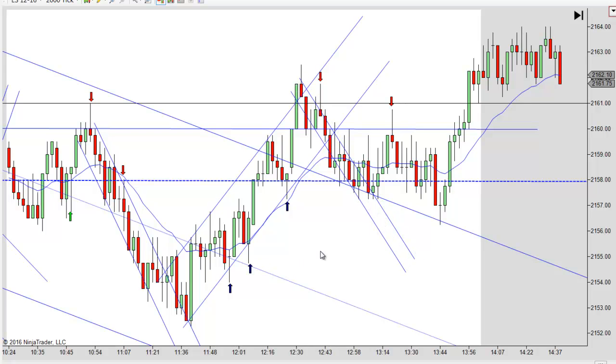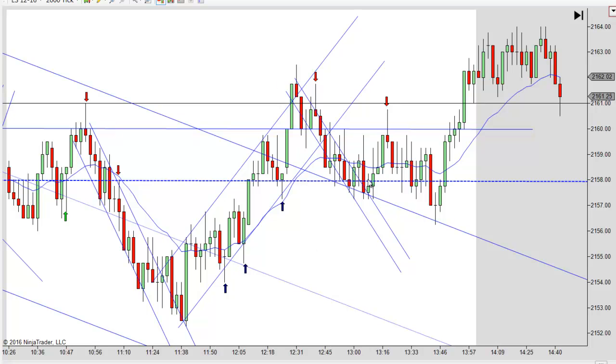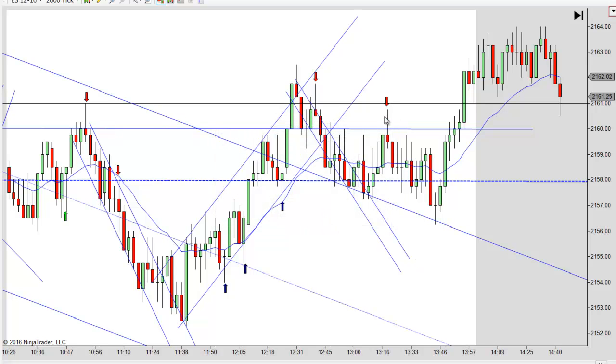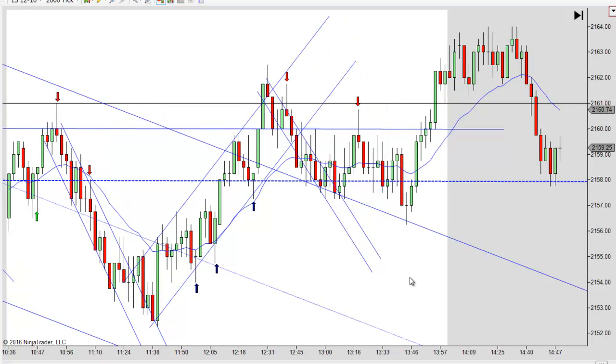Let me put another arrow right there. You can see the break and then a move to a new low and then it reversed. And on this one, you can see it come down. You get a break, move to a new low on it, and it reverses. So I don't think you want to take that reverse, that long right there, because it's just going sideways. It is a failed break lower,